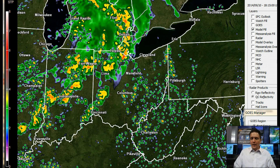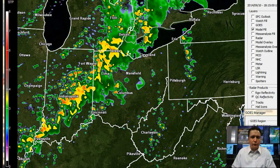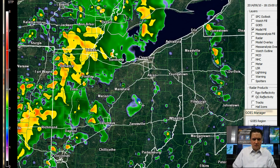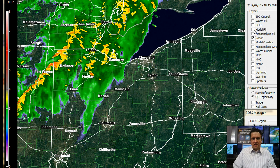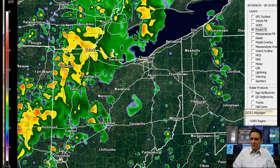It's updated once an hour. We're going to look at the simulated radar product here a couple of hours from now. Let's go ahead to 4 o'clock. This looks like it might be a little slow to me as far as the progression of things, keeping in mind that the current radar looks like this, and this is 2:18 this afternoon. The radar on the model looks like this a couple of hours from now. That looks a little too slow,